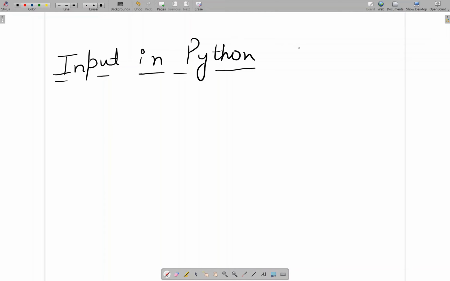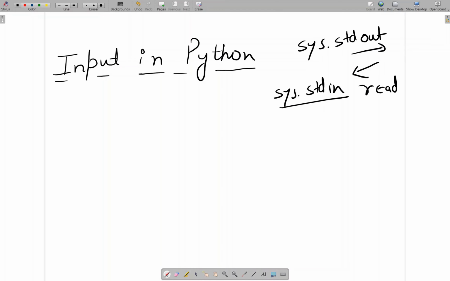In this video, we're going to discuss the basic input statement in Python. As we discussed in our output video, to give output we have to go to a file which is system.stdout, the output stream to the console. And the input stream, assume it like a river: a stream is flowing from the console towards your system. That stream is system.stdin. We have to catch the stream,